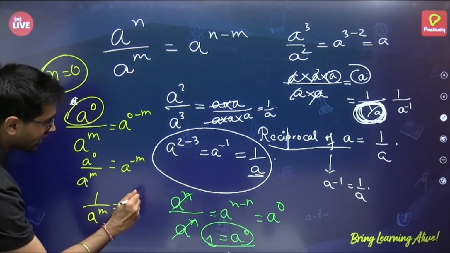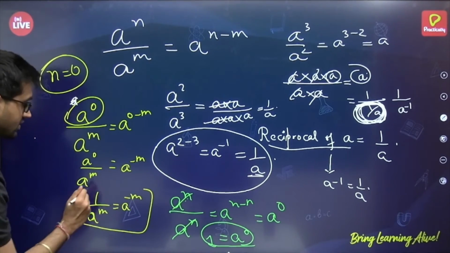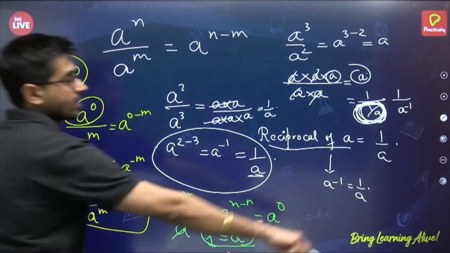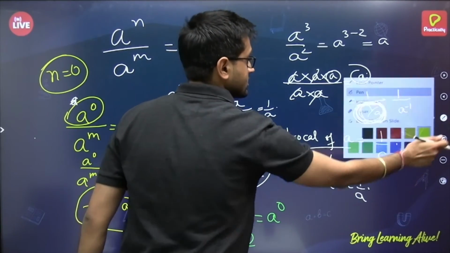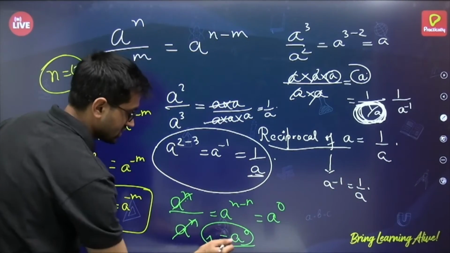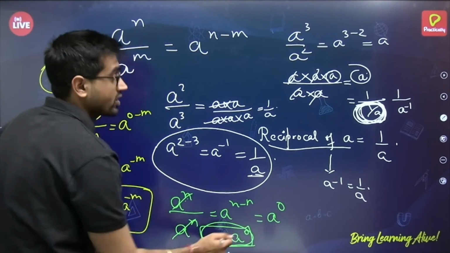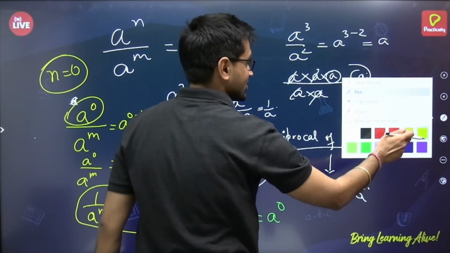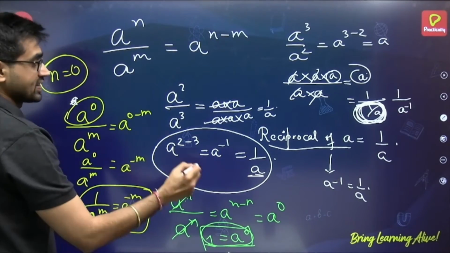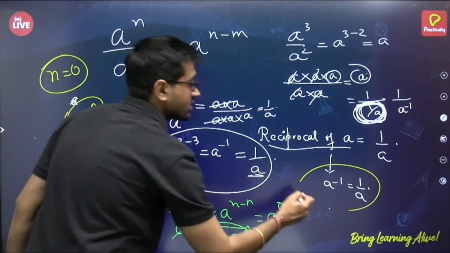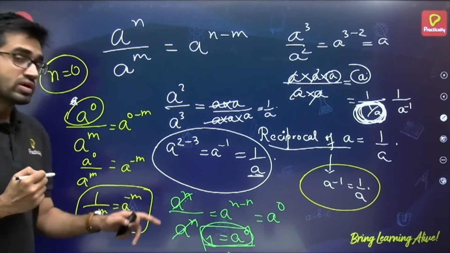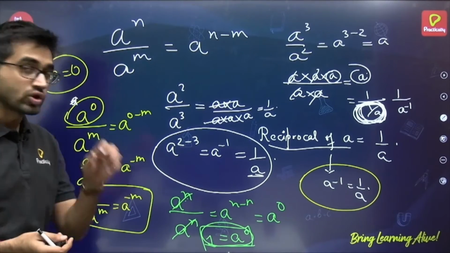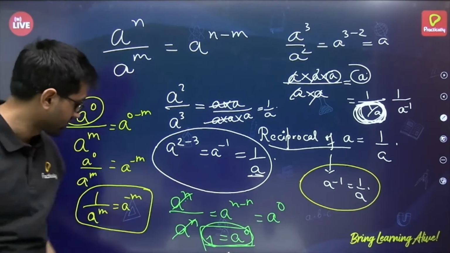And now I know everything. I know this, and let me tell you what I know more. I know this. Oh, this was already boxed. And then I know this also. Let me encircle this: A to the power minus 1 is 1 by A. Now, knowing this helps you. Now you verify everything here, okay?